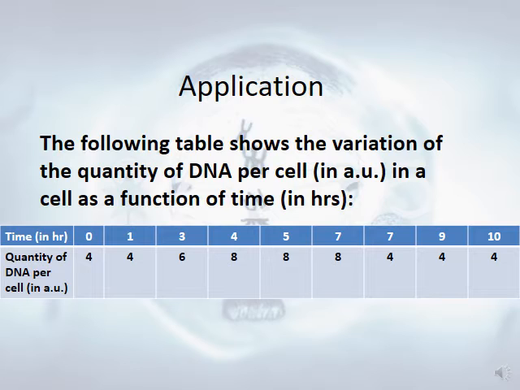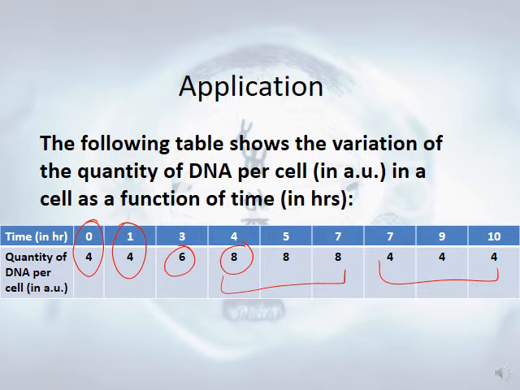in AU in a cell as a function of time in hours. So as you see here, the quantity of DNA at time 0 was 4 AU. At time 1, it remains 4 AU. At time 3, it increases to 6. At time 4 hours, it increases to 8 and remains constant till the 7th hour, and then it decreases back